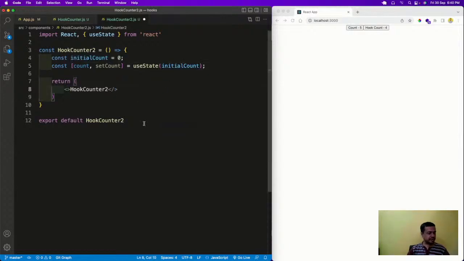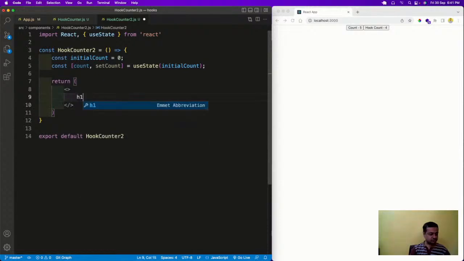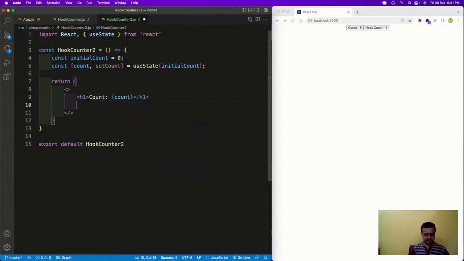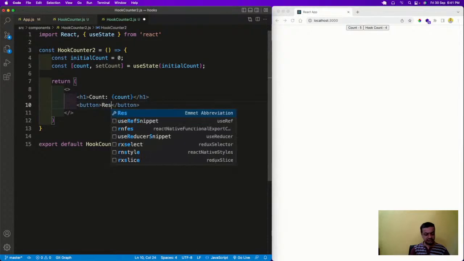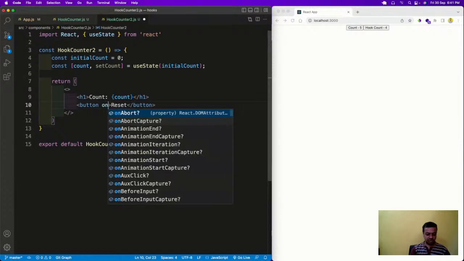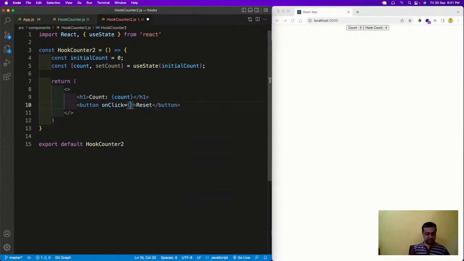Now I will go here, and now I'm going to have an h1 which will show the count is, so no state and all those things. You see how easy hooks are there. Okay, so then we'll have a button and reset will be there, and then onClick is equal to this, and the reset will be setCount is